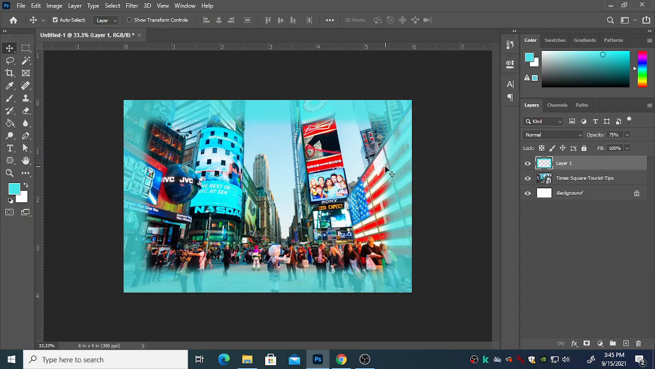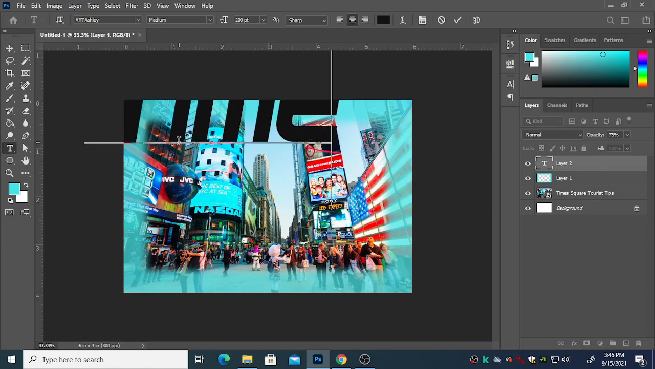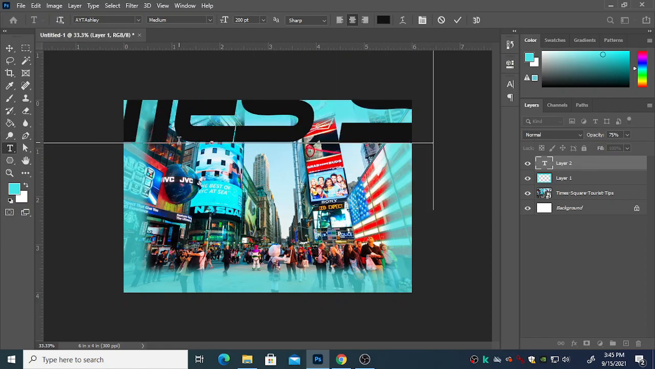Now that I have a layer on here with my border, I'm going to make some text. Okay. I'm going to grab text by clicking on the T, or clicking here with my type tool. It made it really big. It just remembers the last size that it was. I'm going to type Times Square,